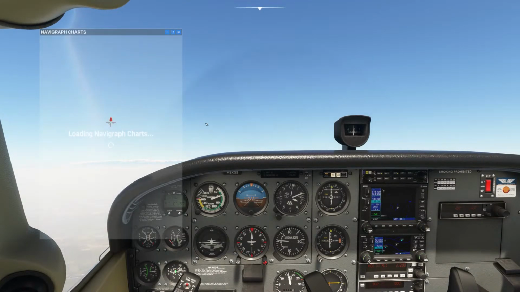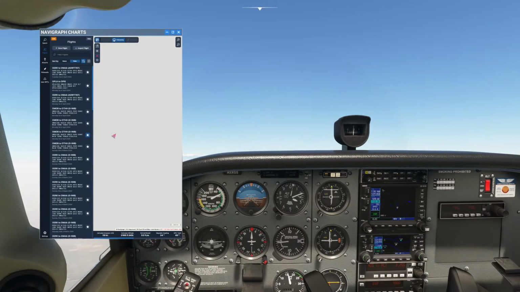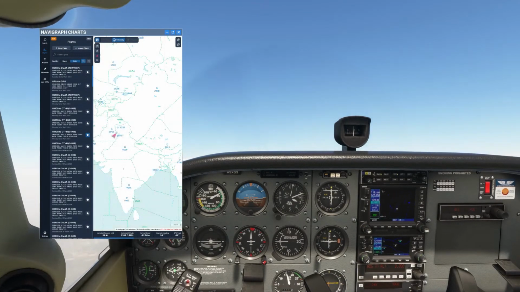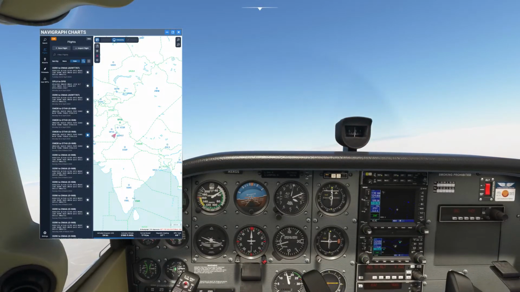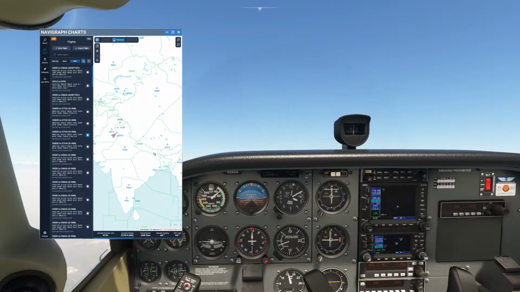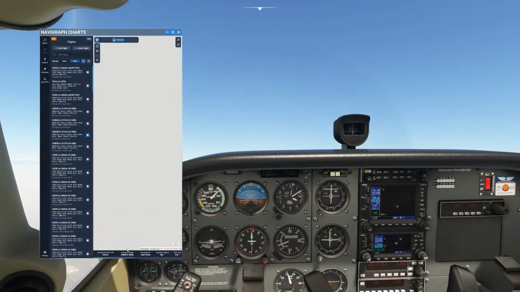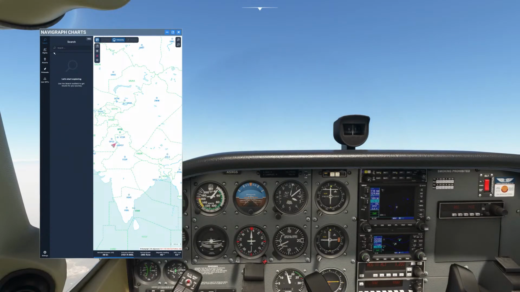Let's open this airport chart. You can see I'm slightly going towards the left, so I have to turn right and show that I'm tracking it. The airport chart just disappeared because I